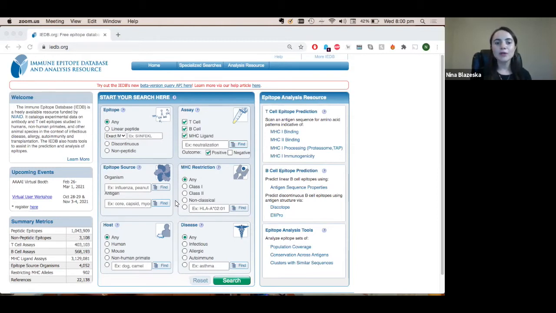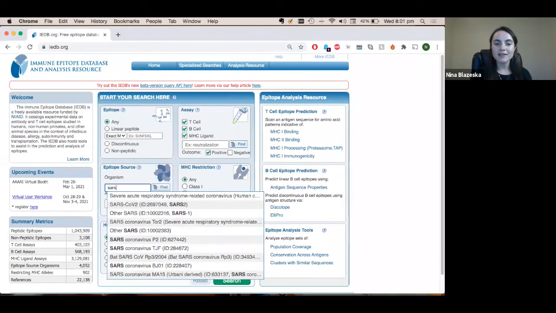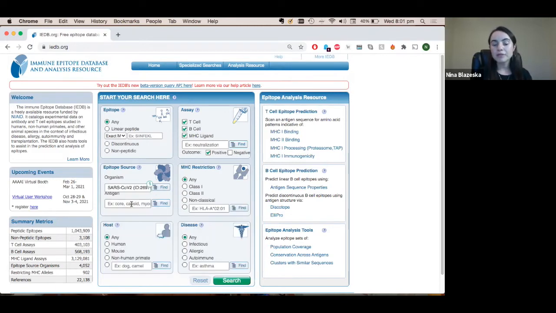To start, we'll locate the epitope source panel on the IEDB homepage and select our organism of choice. So here I'll type in SARS, and as you can see, a series of related organisms are populated in the dropdown based on community ontologies. Now I'll select SARS-CoV-2. You're also able to select an antigen, but for the purposes of this tutorial, we will